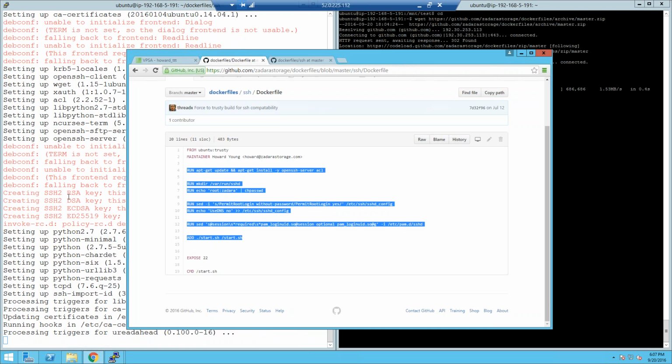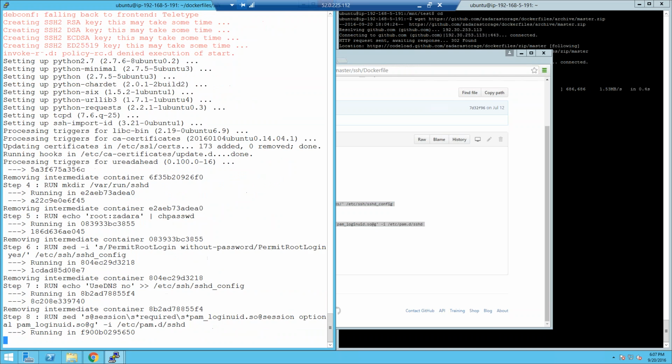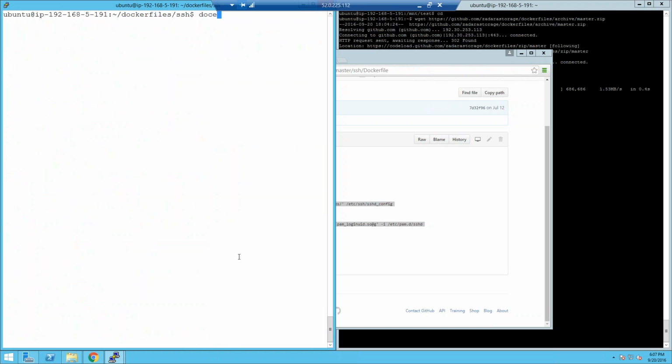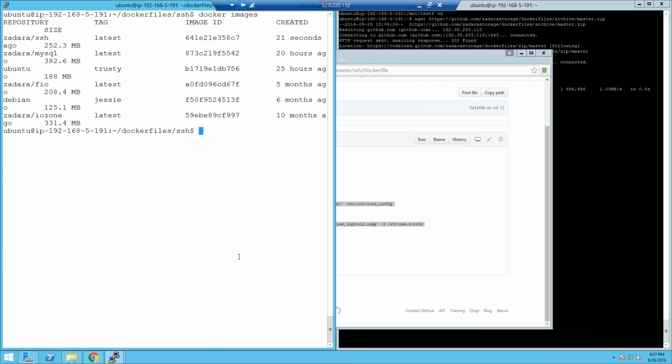Now you'll get some errors in here in red, but you don't have to worry about that. Those are just normal errors, just warnings. And then now there should be a Docker image here. And this is the one we just built 21 seconds ago. So now you have an image